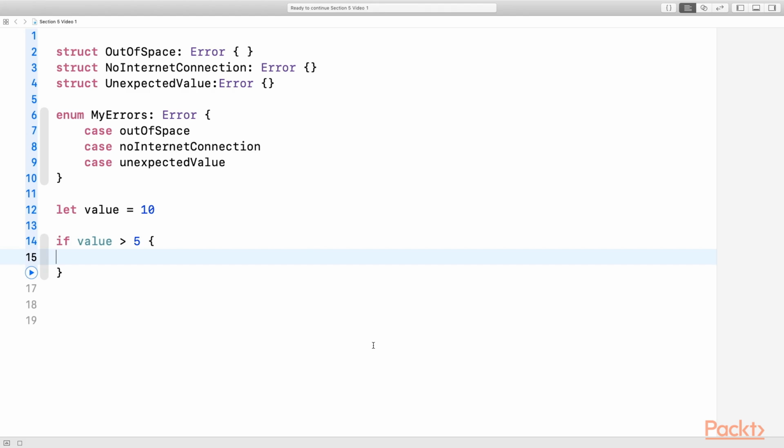A better way of throwing errors is by using something called throw. For example, imagine that somewhere in our app we can only accept numbers lower or equal to 5. If we receive any value greater than 5, we have to write throw and the error which was generated. That way, the error will be propagated